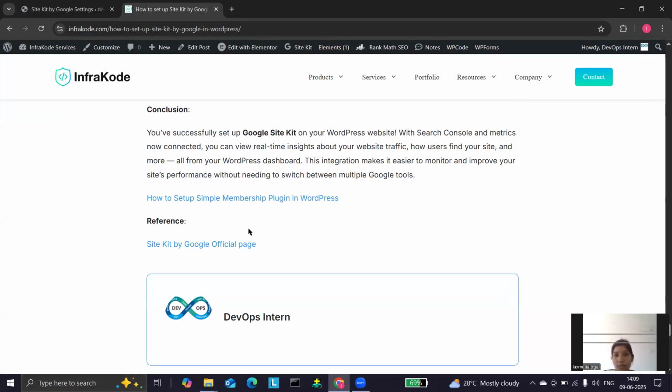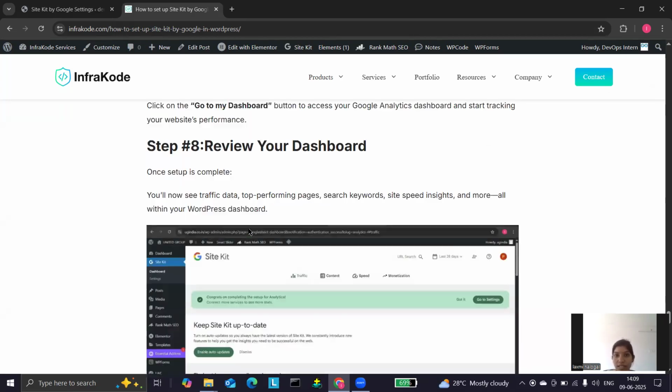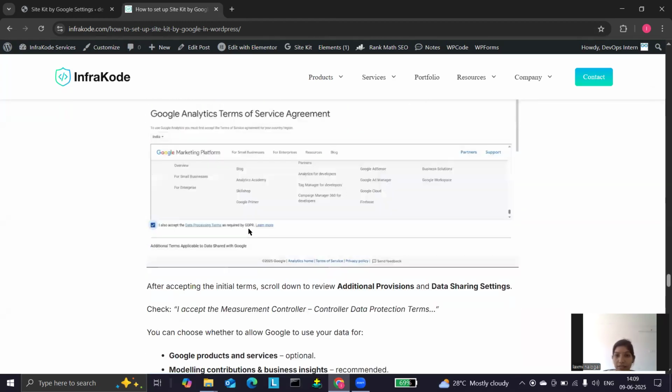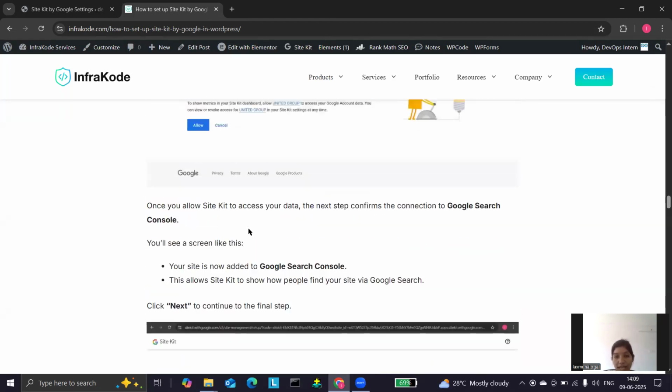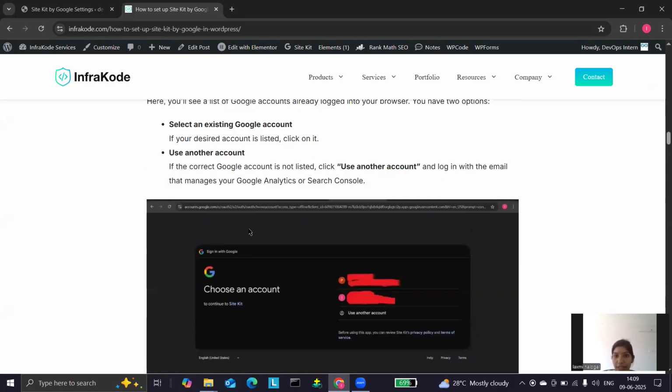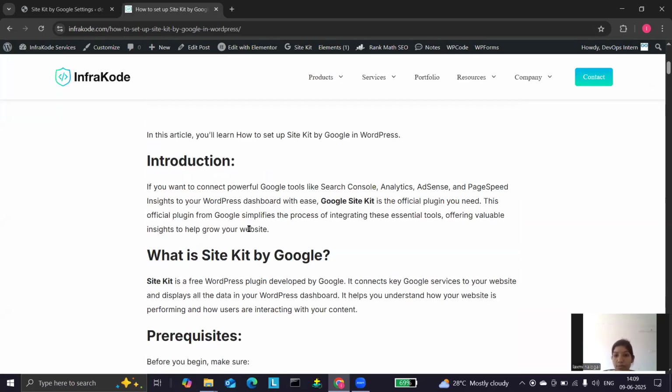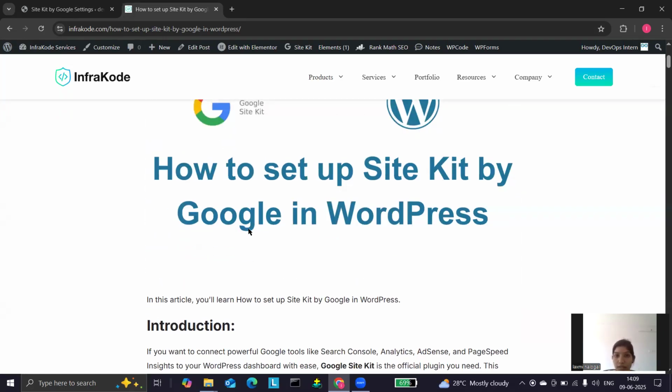All these tools are provided by a single plugin, that is Site Kit by Google. So this is very easy and very helpful for your site performance and monitoring. In that case, you can use this plugin by Google. So this task is completed. Thank you.